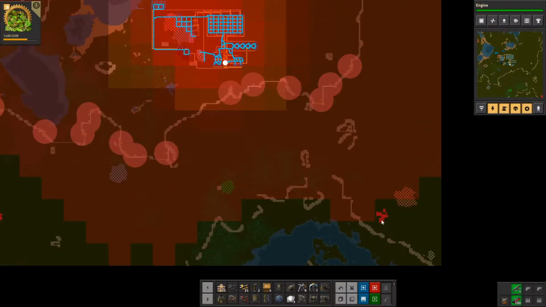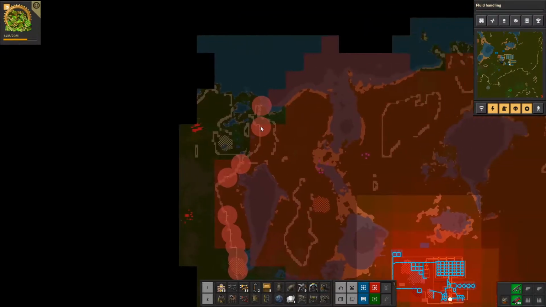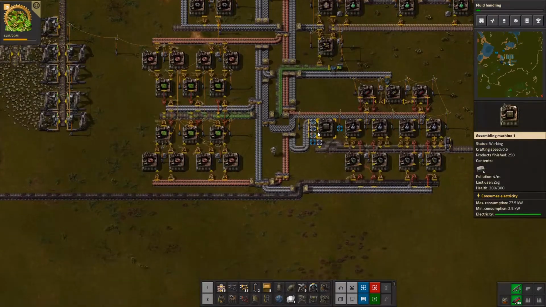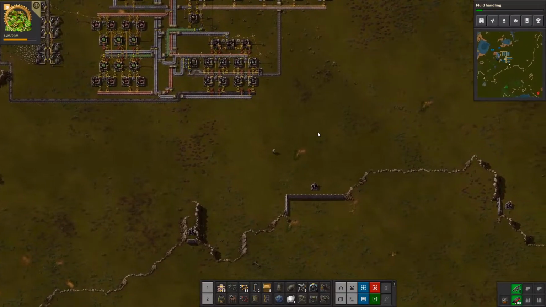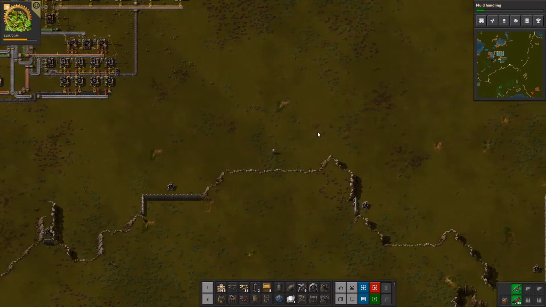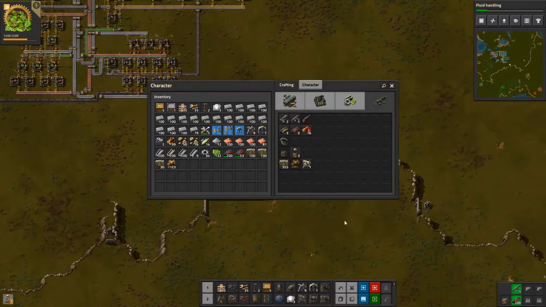I could maybe go out to these biter bases and see what kinds of bases they are, because one of the tricks that I like to do for dealing with biter early game pressure is if you go out to a spawn cluster... I should build heavy armor before I do this. If you go out to a spawn cluster